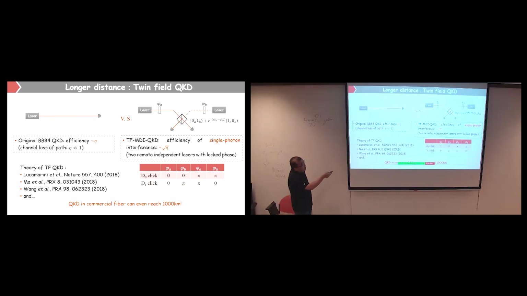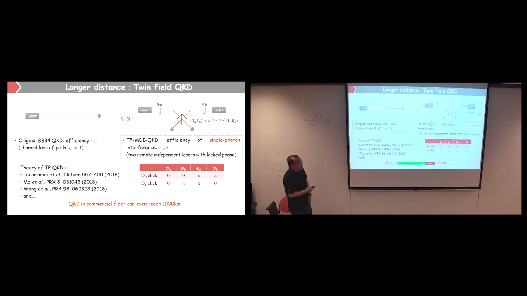If the phase and the laser frequency are locked, then if there is one and only one click at one detector, the phase difference is 0, or if it's at the other, the phase difference is pi. So in that sense, you lock the two laser frequencies and the phase of the whole fiber, and you get one and only one click, like a half Mach-Zehnder interferometer. In that sense, the photon actually goes just halfway, because in MDI QKD there is one photon from each side, but in TF QKD there is only one photon click.